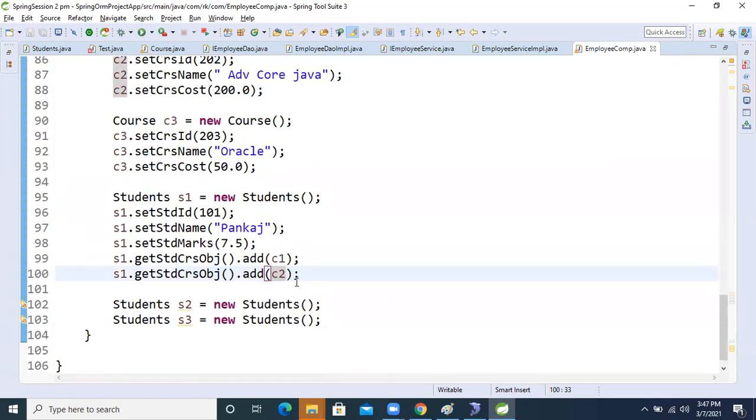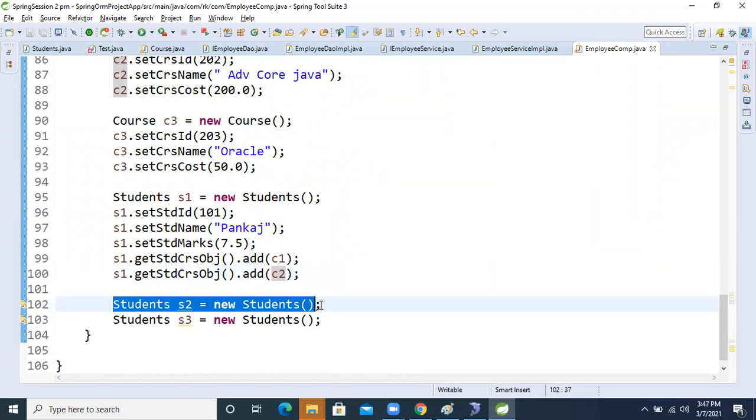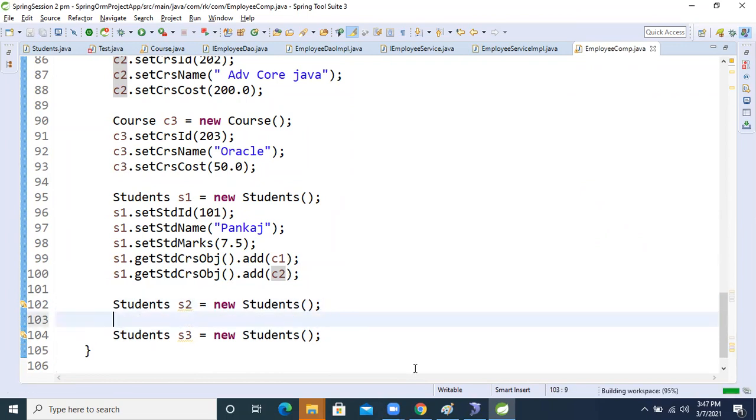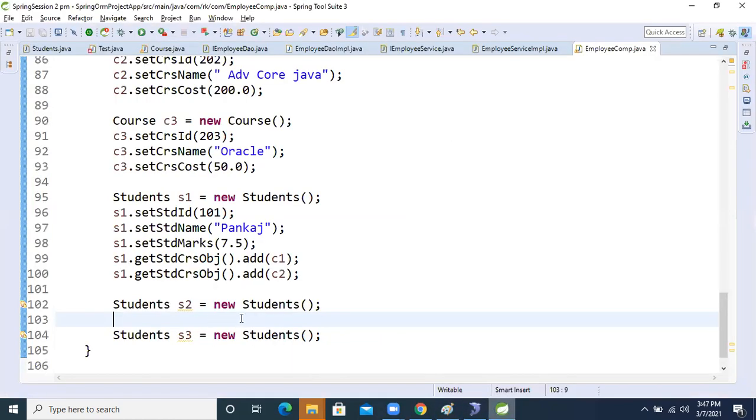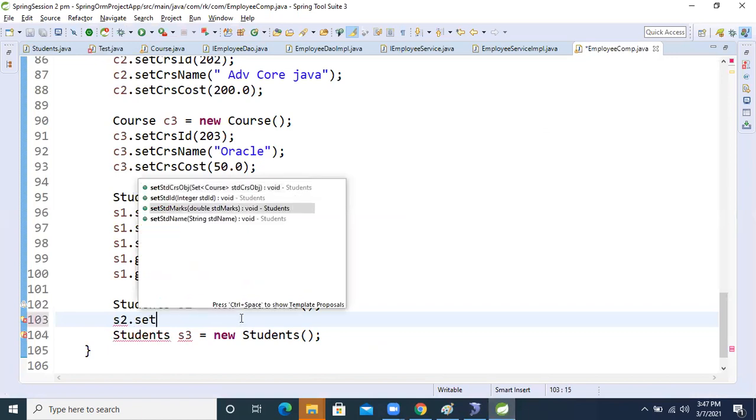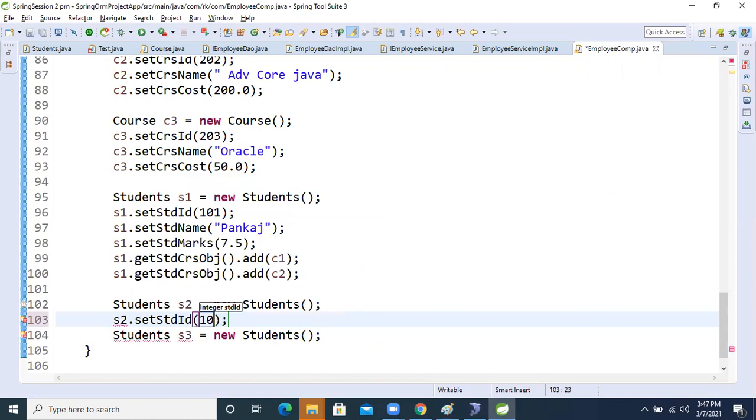Okay, so now let's come to student s2, means the second student, right? Second student is 102 and the name is Padma, and her marks is 8.85, right? So for that, s2 dot set 102, her id is 102.